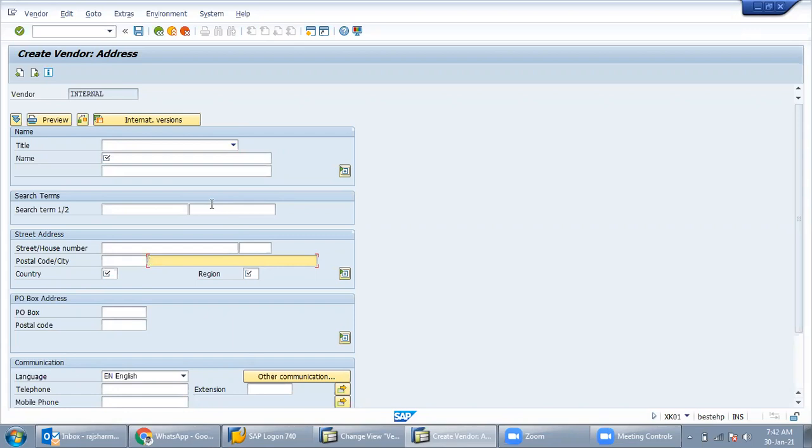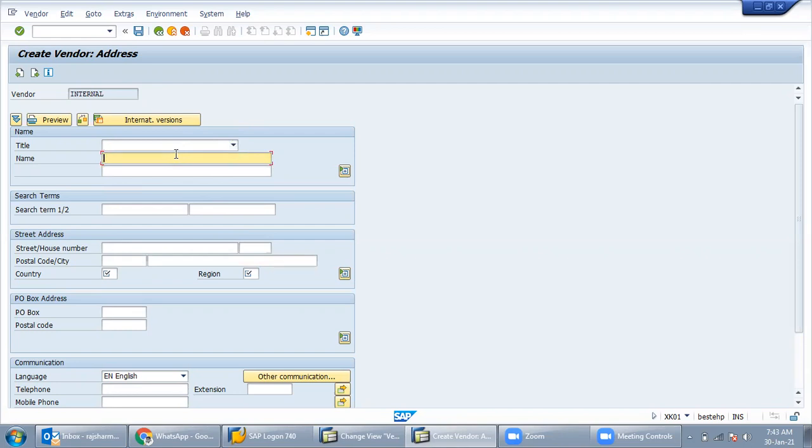Yes, the account group is done by FI guys, but vendor master and customer master are the responsibility of MM only. Whatever is related to the account group, whatever configuration is there in the account group, will be done by the FI guy.